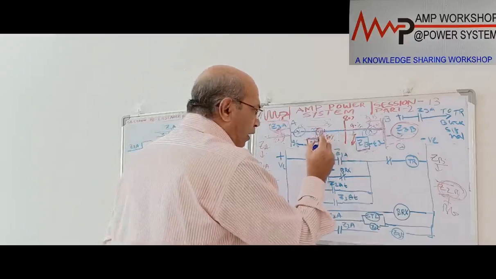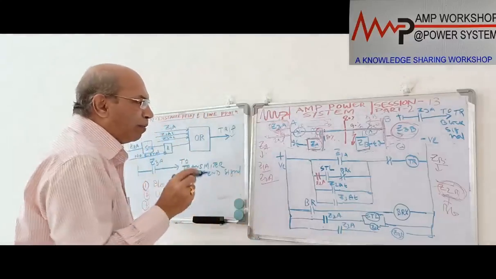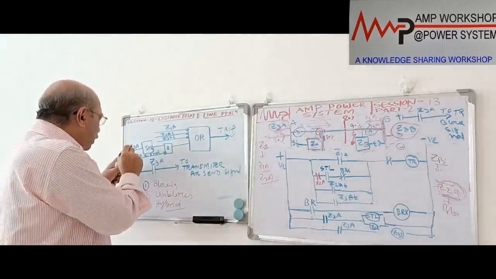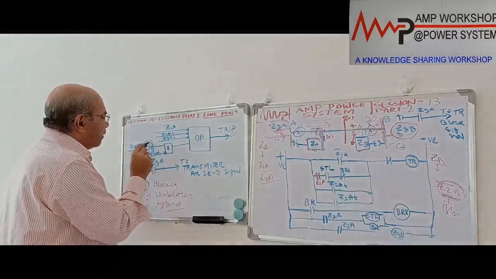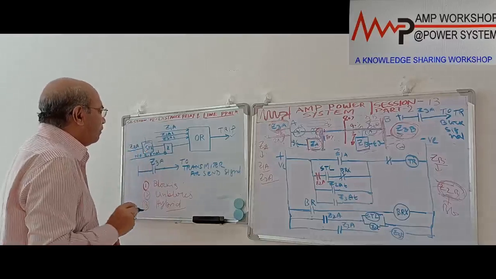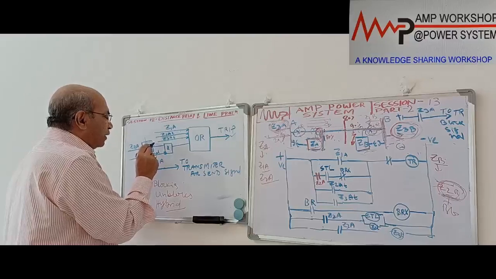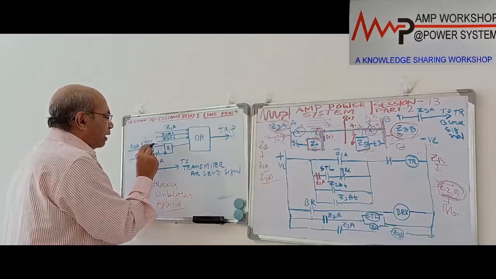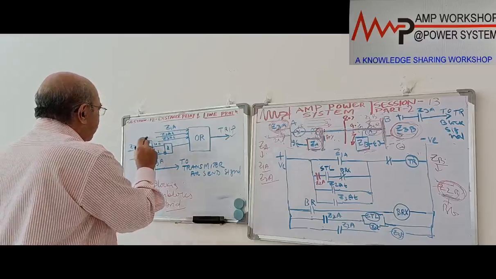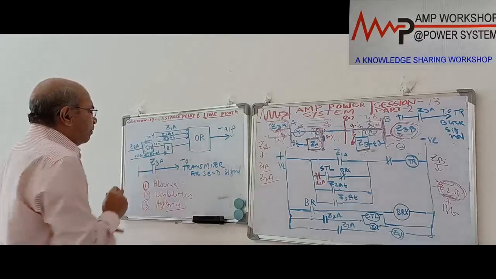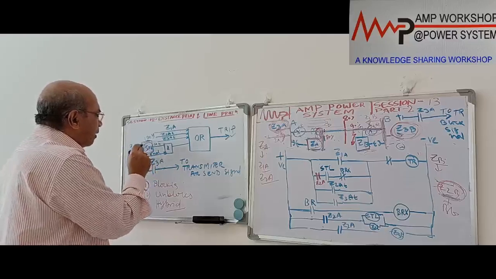So the moment the fault is at 90% from here, immediately the zone 2 element has operated. When zone 2 operates, the zone 2 unit will give a signal to a timer. This is a time delay timer. It will give a signal to the timer, then this timer will pick up. Suppose it is a delay of 1 cycle, 20 milliseconds. This timer is set at 20 milliseconds. Once the 20 milliseconds has gone, the timer will pick up.